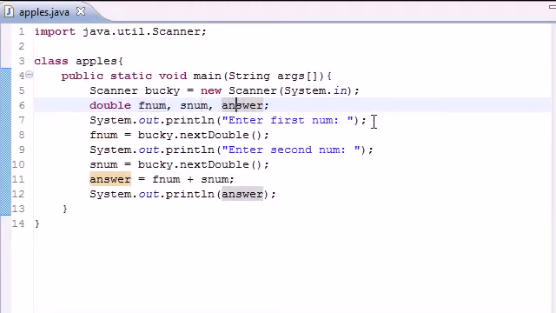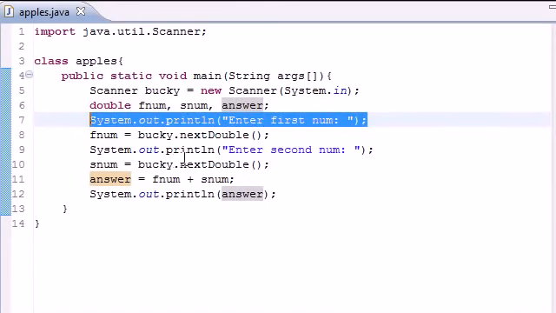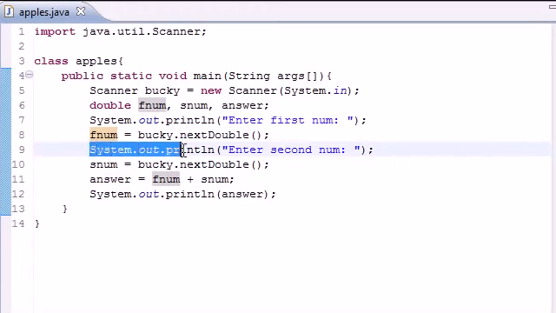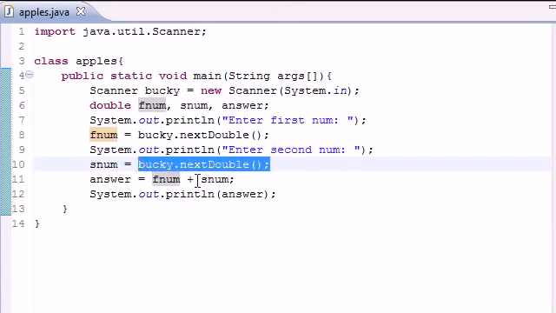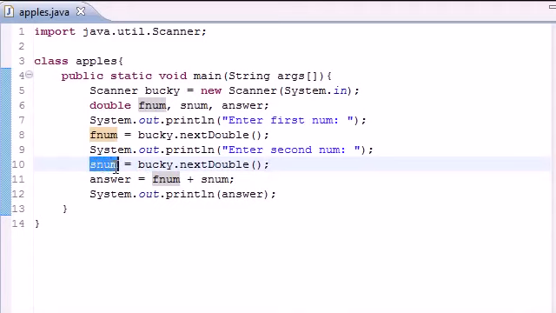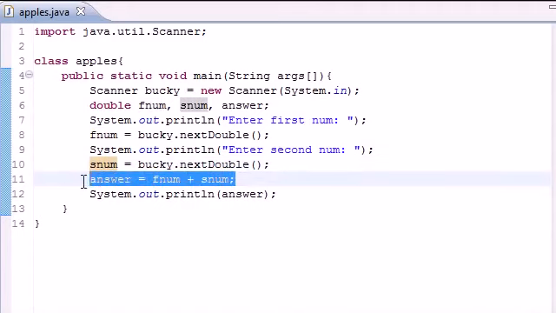The first thing I did was have a little prompt that said enter first number, just so I knew what was going on for the user. Next I used that little scanner variable in the next double method to have whatever I typed in the keyboard be stored in the first number. Then I just had something that says enter second number, and then I had it have the user input something else, and whatever they inputted that time is stored in snum. And then I just outputted whatever those two were added together, the sum of that, and I just printed it